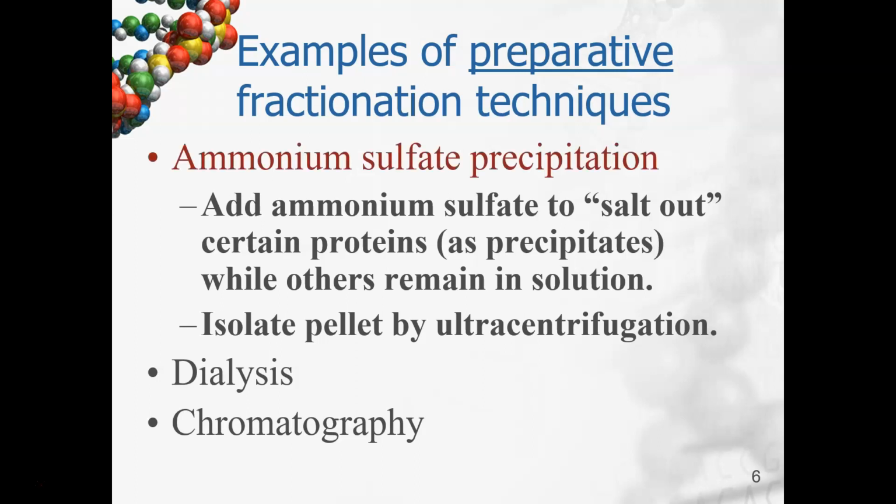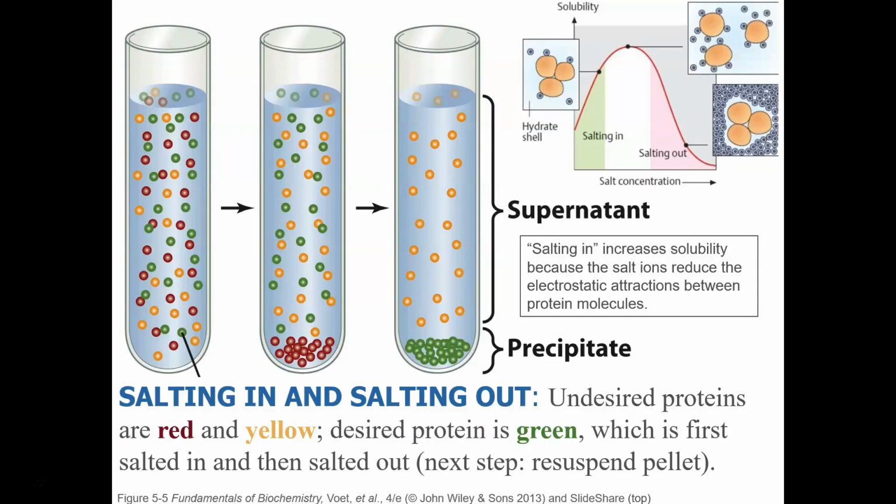So let's talk about how we would do this. Now suppose if you look over here on the left, I have a mixture of proteins, green, red, and yellow proteins, and I add some ammonium sulfate to that solution. If the red protein is the least soluble protein in that mixture, it will salt out, which means it precipitates. What I do at the same time, though, the yellow and the green proteins are more soluble, is I salt